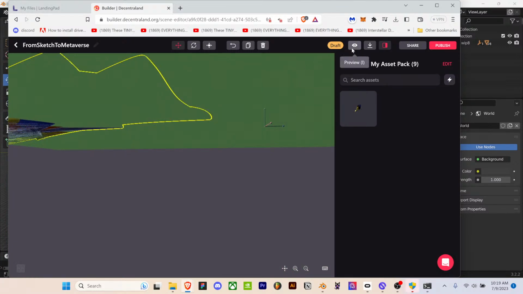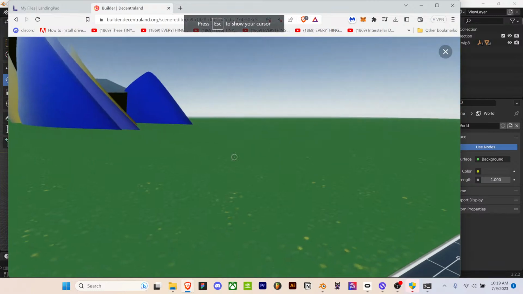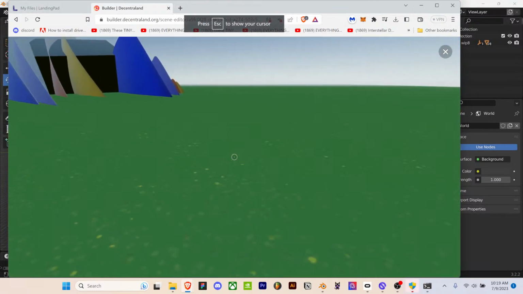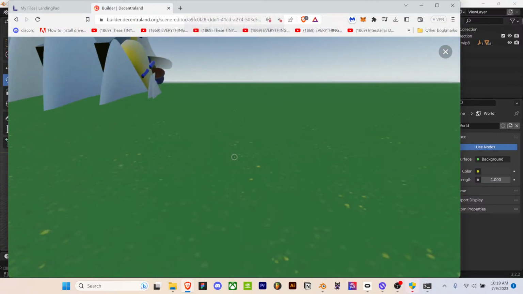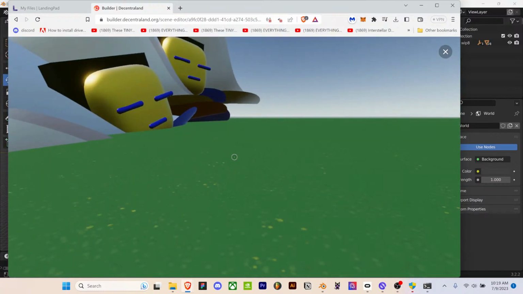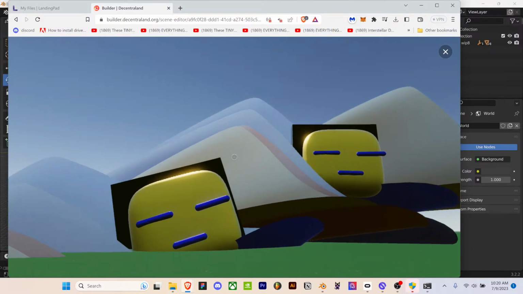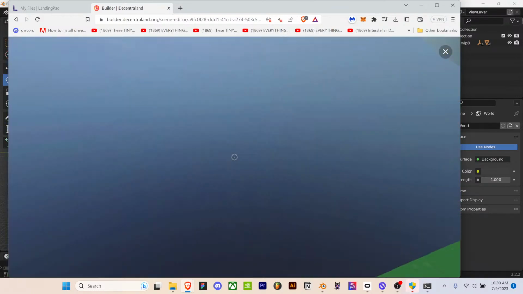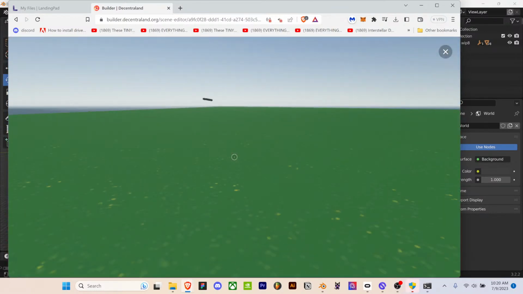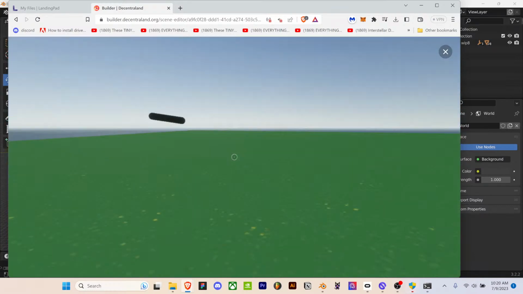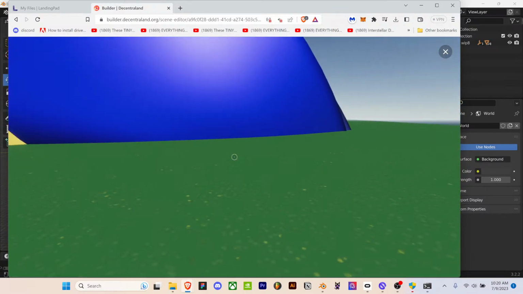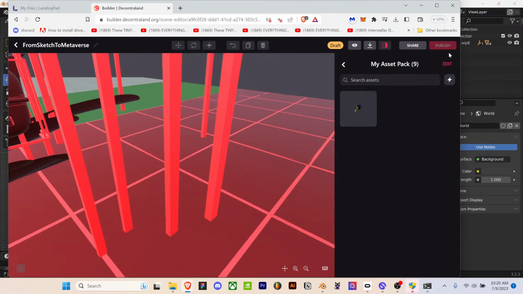let's check out what it looks like. So I haven't added any colliders in here, but there you go. Into Decentraland. Woo, and I can run through it because I didn't add colliders. Running through it. Here's my random eyeball that I didn't get rid of. Okay, so now the cool part is you can see how, oh,